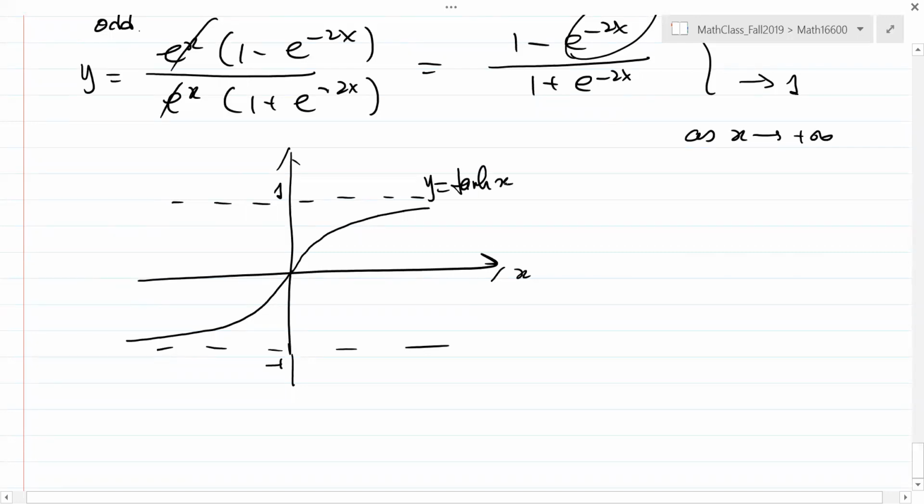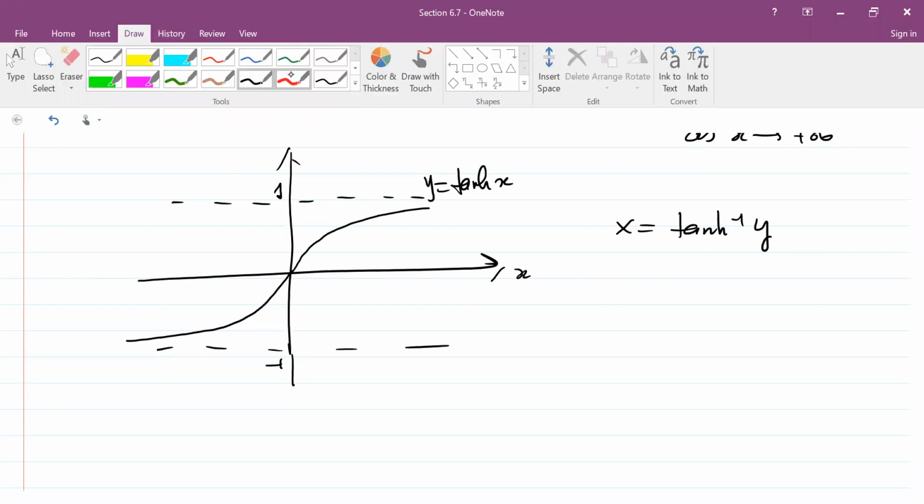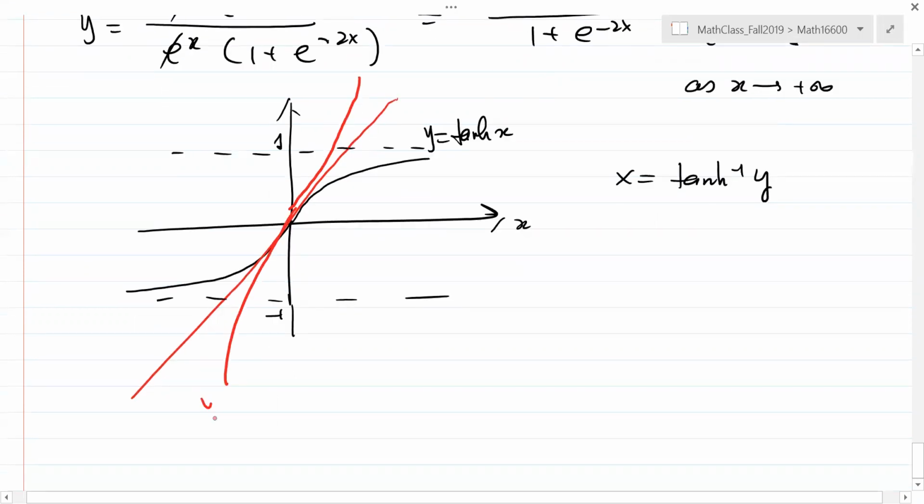Now the inverse, I think the inverse exists. So technically, you can solve for x in terms of y. I think you can solve it, okay? Then you find the derivative of this. But what is the graph for the inverse function? For the graph of the inverse function, you need to draw a line in the middle. I think this is my graph, okay? So this will be y equals